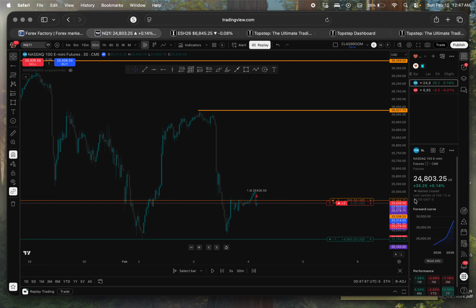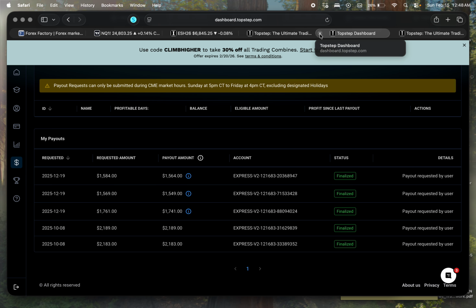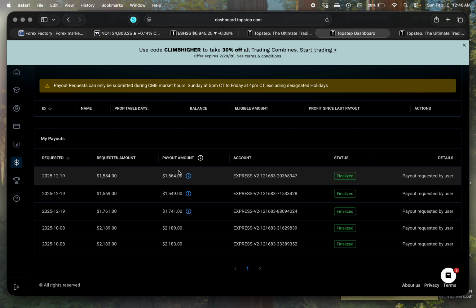So sometimes when I trade with micros, I'm like, oh man, that trade moves so well. If it was a mini, I would have made 2K or 3K, but it's a micro, so I made $500, $300 or something, and that's okay when you're dealing with prop firms. Now, prop firms are great. Again, they're restricted. I think the goal with prop firms that I like is that you can use this leverage,